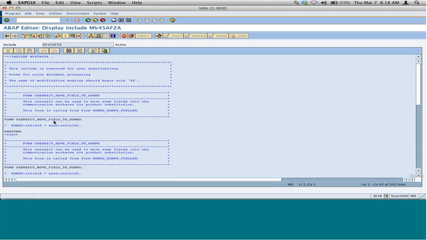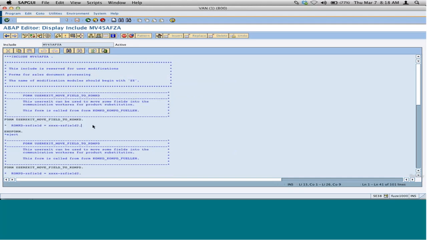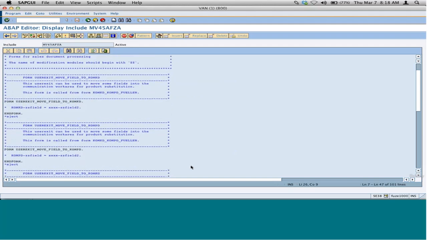Okay, and here is an example of a user exit that I was talking about. See, it's very similar to what we have seen in that PowerPoint, right? So there will be a description of what this user exit does, and it will start with a form and then the user exit name, and then this window of code here, and then end form. Okay, so this is how a user exit is structured. Now let me discuss one user exit,